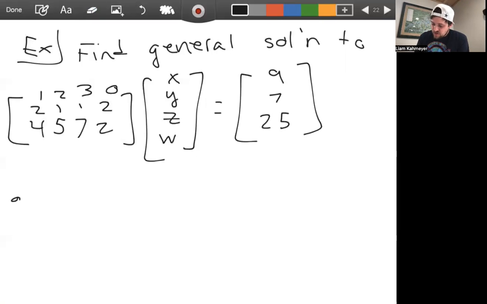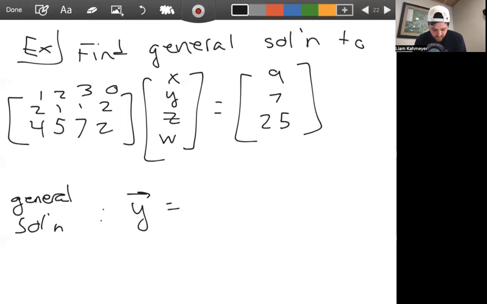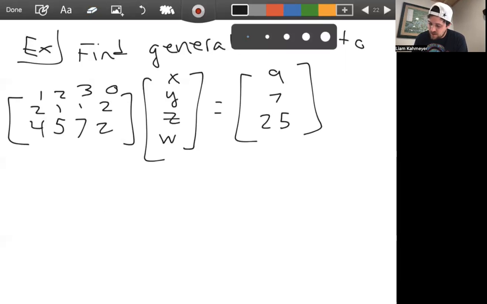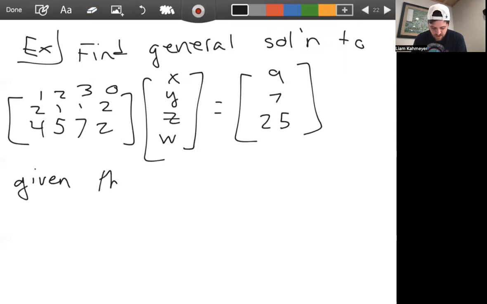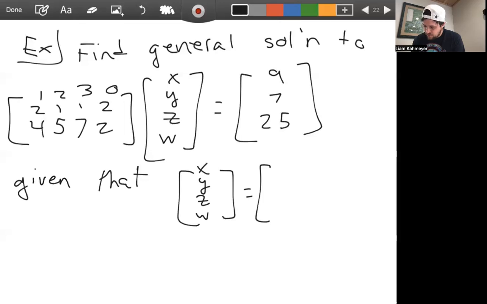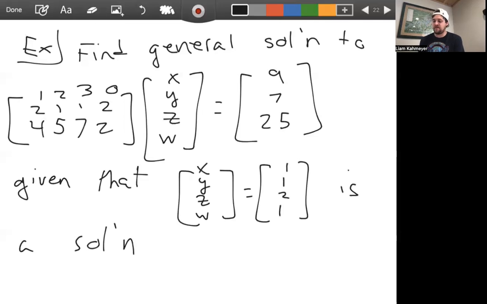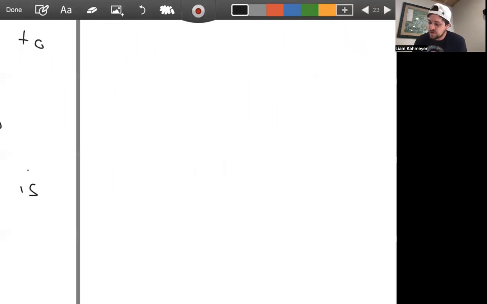Well, the general solution is given by those vectors y such that, oh, I'm getting ahead of myself here. We're also given, this example's too nice, we're given that x, y, z, w equals 1, 1, 2, 1 is a solution. Okay, so I left out one piece of the hypothesis. And so let's say we want to find the general solution to this system, but we're given one solution already, right? Remember, the general solution now